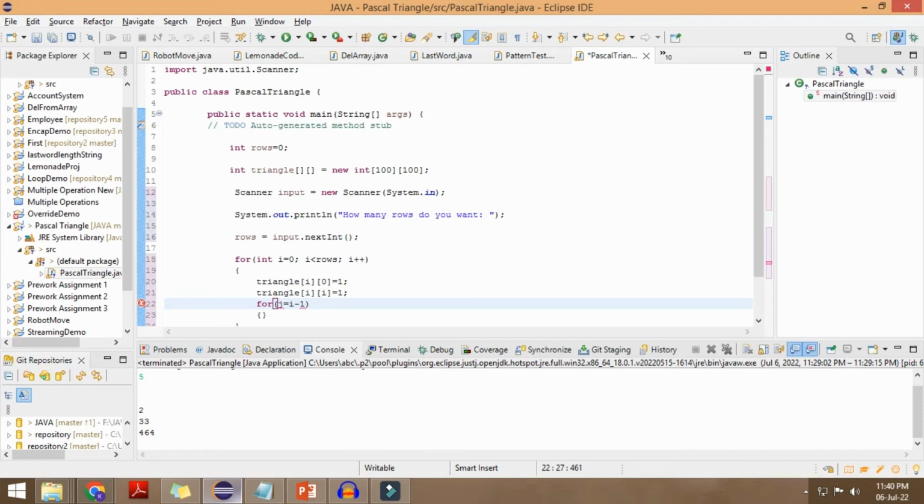So I'm going to be starting from the last, which is i-1, because every single row is basically having i number of elements. i is basically the row number, and i is basically the number of elements that we want in a single row. So I will be starting from the second last element,